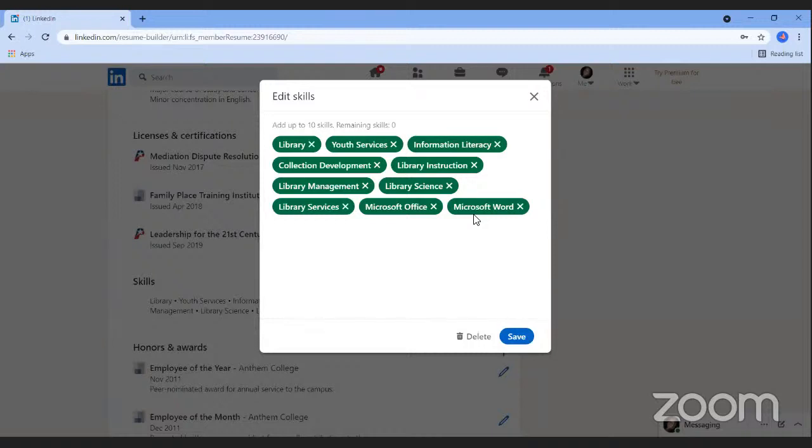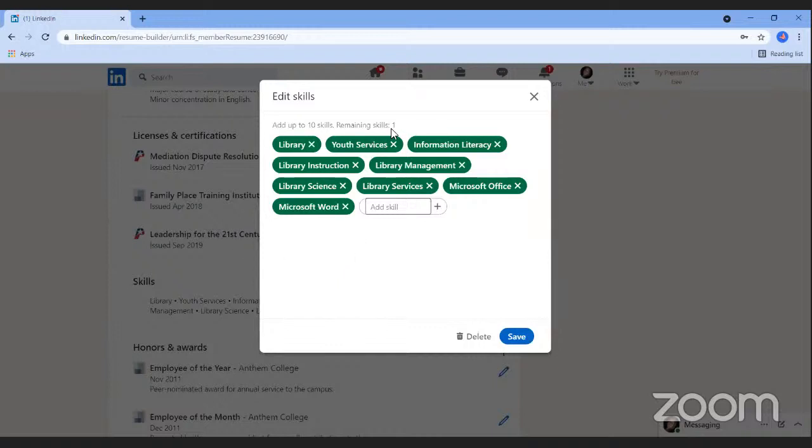And it's okay if you have a different skills list on each resume. For example, if I was not applying for a position doing collection development, it might make sense for me to go ahead and take that off. It doesn't apply. You also want to weave the skills you list here into your experience and summary descriptions to reinforce them.